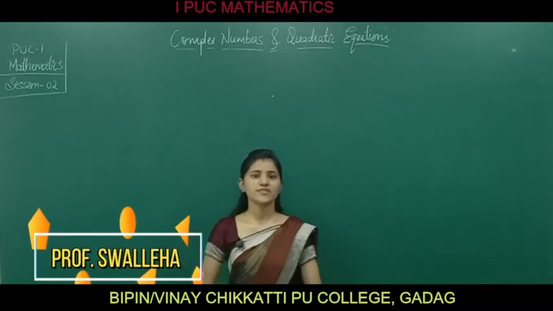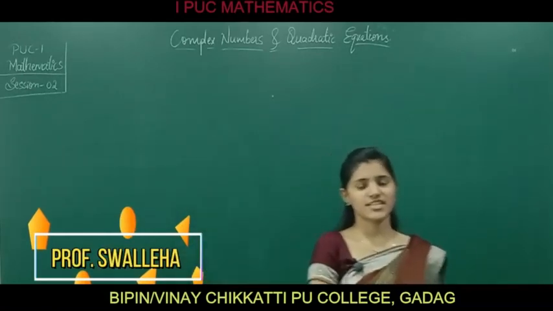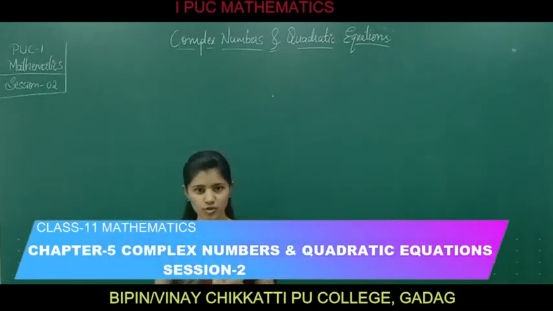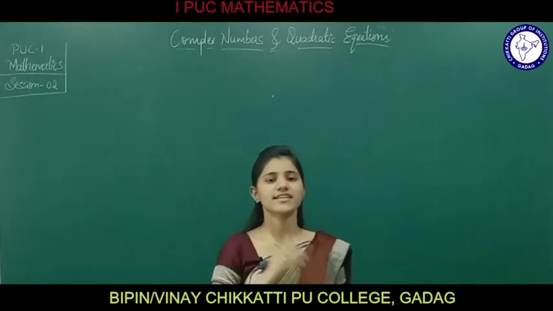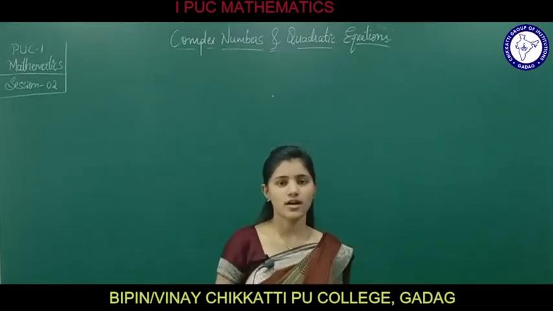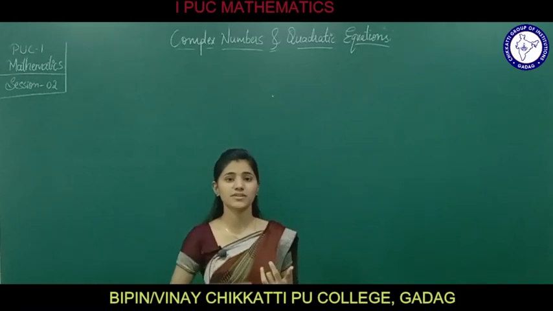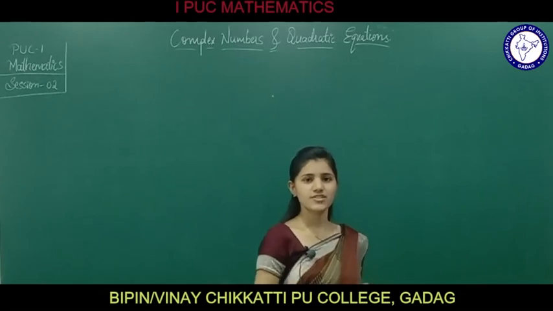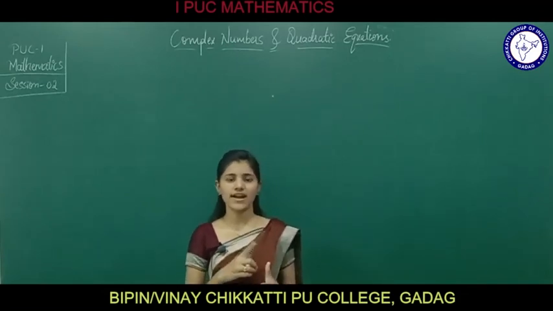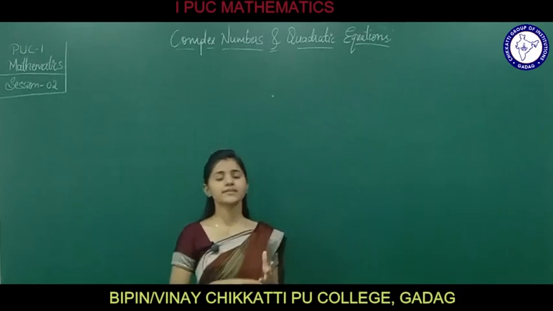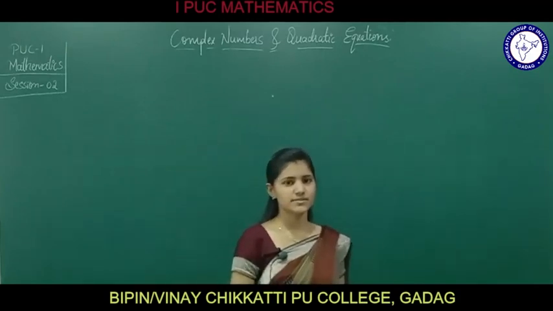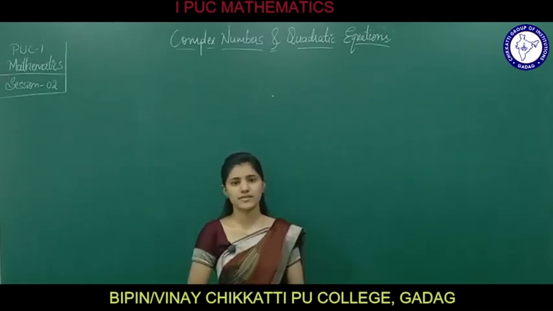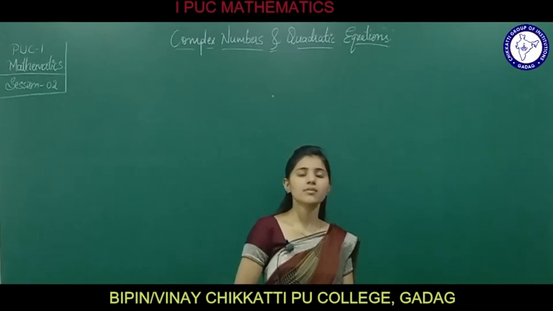Hello everyone. So dear students, in our previous session, that is in session 1, we have studied about complex numbers. That is, we studied how we are going to denote complex numbers, and we studied addition of complex numbers and the properties of addition, that is closure law, commutative law, associative law, existence of additive inverse and existence of additive identity. The same way we studied the subtraction of two complex numbers, multiplication of two complex numbers and division of two complex numbers. Now let us study about the powers of i.